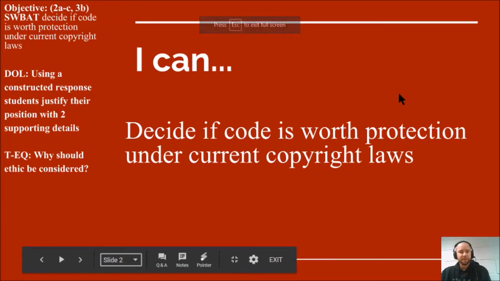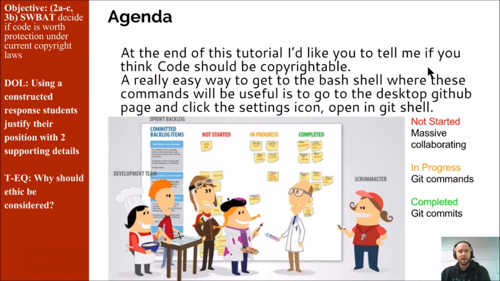The objective today is to decide if code is worth protection under current copyright laws. So at the end of this tutorial, I'd like you to tell me if you think code should be copyrightable. A really easy way to get to the bash shell where these shell commands will be useful is to go